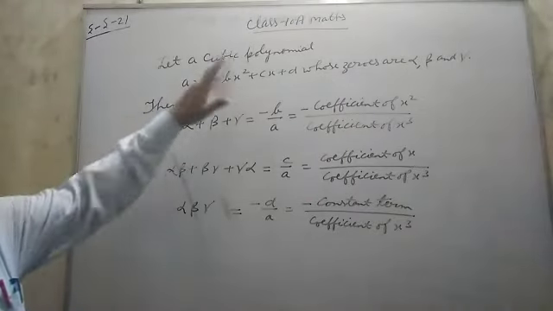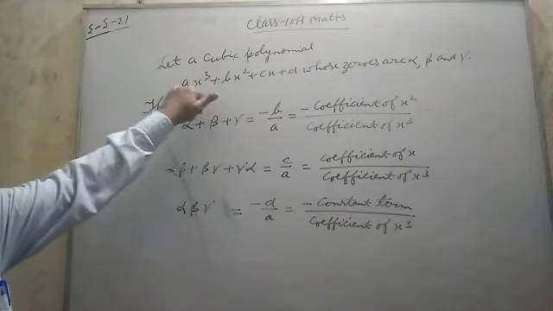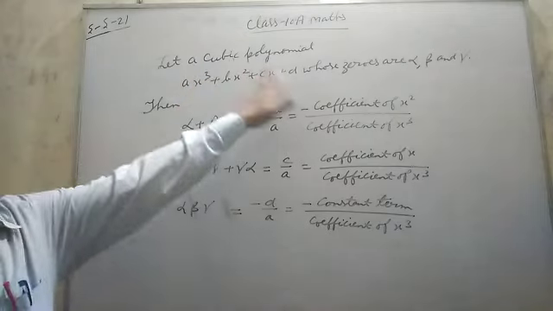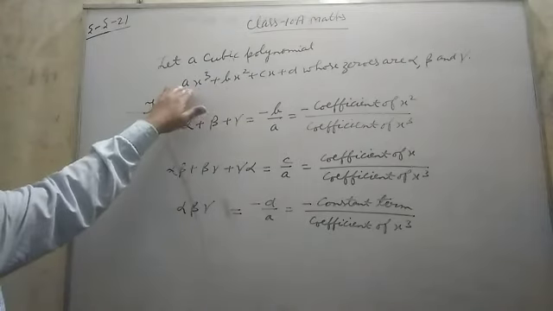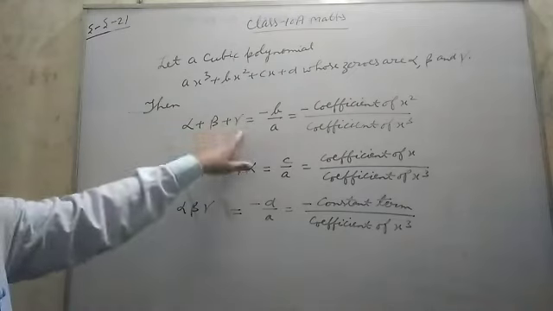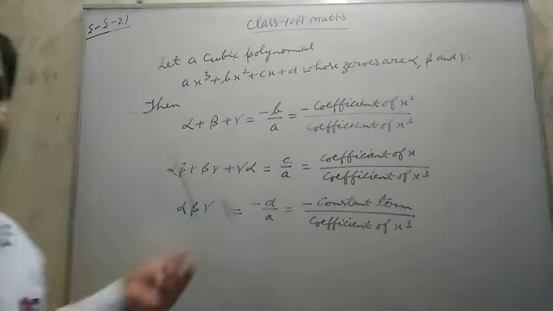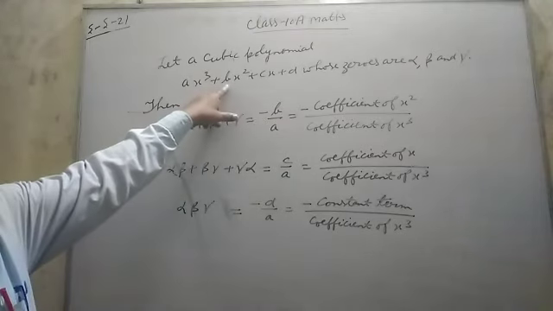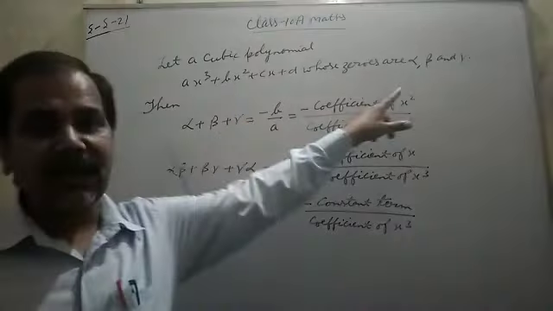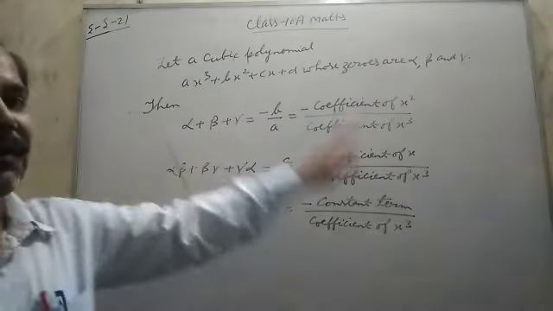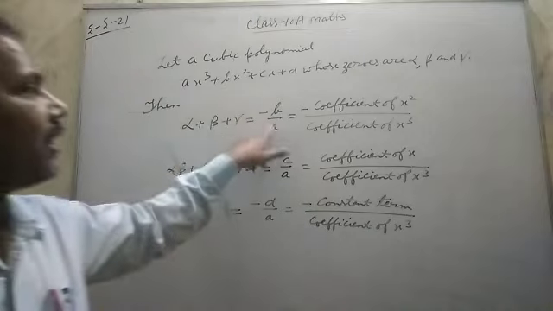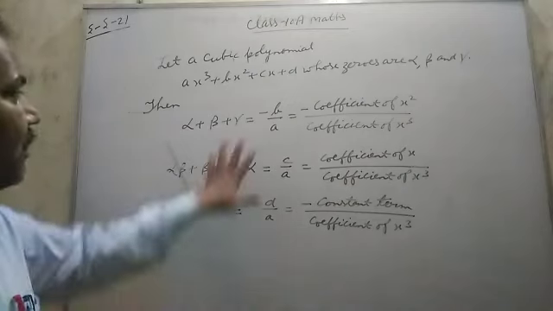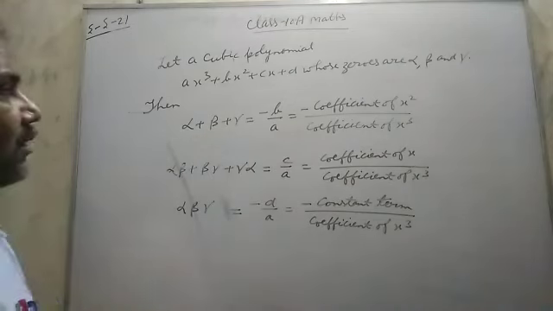Okay, so in quadratic polynomial x square plus bx plus c, and here cubic, so ax cube plus bx square plus cx plus d, and in cubic polynomial three zeros alpha, beta, gamma, so sum of zeros minus b upon a, and here b and there b are both different. There b was coefficient of x, but here b is coefficient of x square. A here is coefficient of x cube, and in quadratic polynomial a was coefficient of x square. So that change you have to differentiate, and according to that you have to learn and you have to understand.